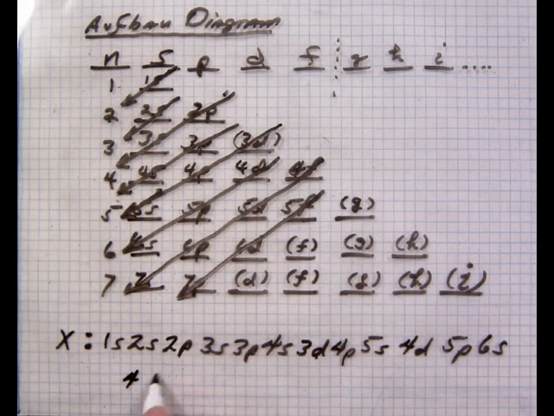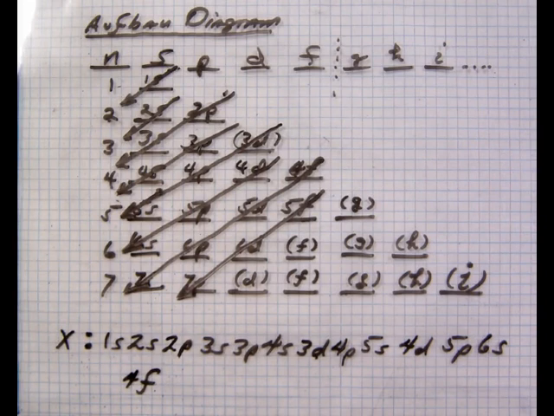This is when we hit the 4f's, and the f orbital fillings are the rare earths down here. This is your 4f series right here, this first one. So this is a 4f1, f2, f3, f4, f5, f6, f7, and so forth. So the orbitals are f orbitals here. The transitions are d orbitals. S orbitals are the first two columns right here, and your 6 groups over here are all